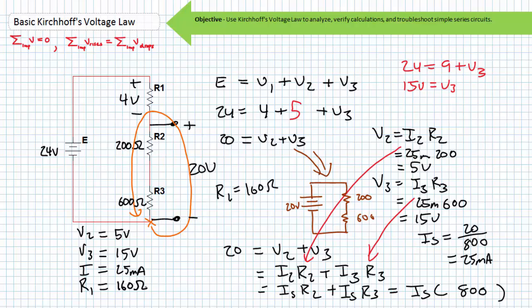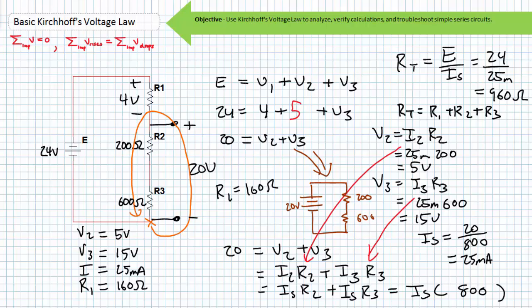Or we could use the series resistance summation formula to solve for the unknown R1, given our 24 volt source is inducing 25 milliamperes of current through this 3-element network, where RT equals our source voltage E divided by our source current IS. 24 volts divided by 25 milliamperes yields a total resistance of 960 ohms. If RT equals R1 plus R2 plus R3, substituting in the given and the calculated values,